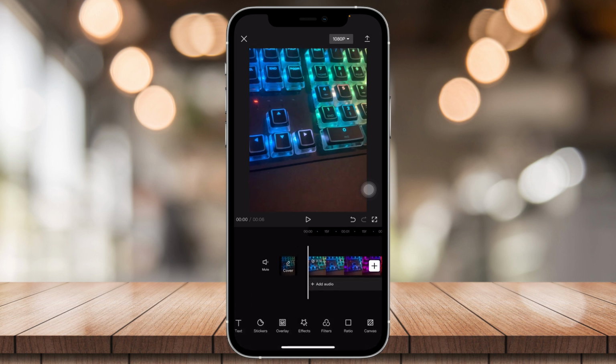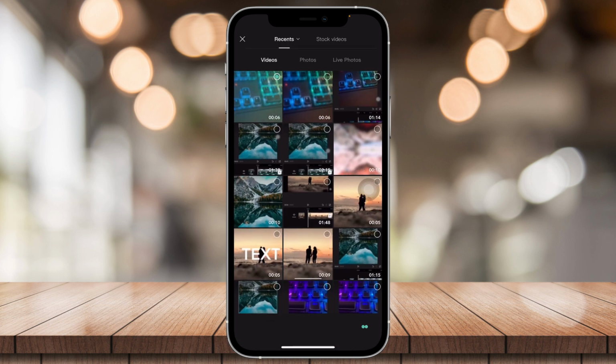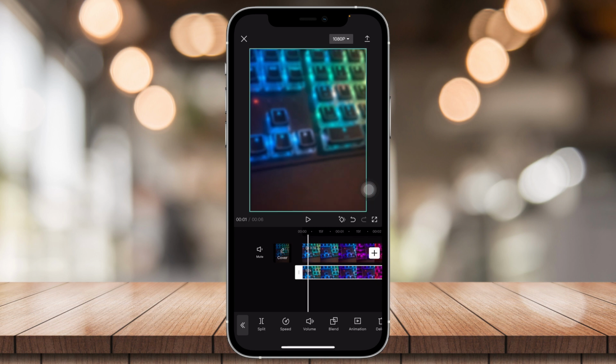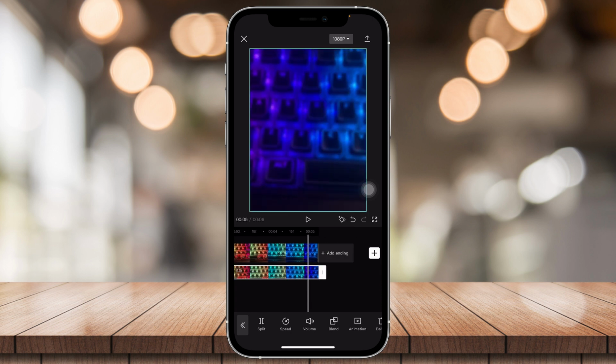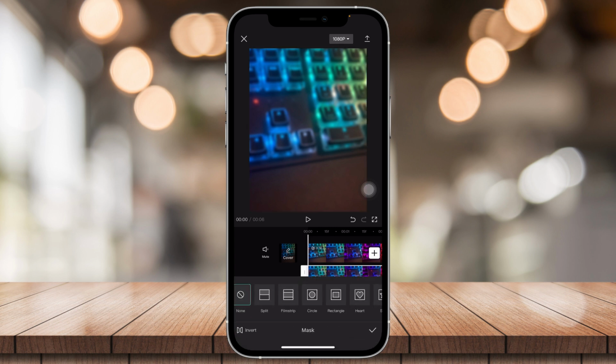And now go to Overlay, Add Overlay, and just add the video that you just edited, the one with the blur. So once you have this, you're gonna want to scroll to Mask, tap on Mask, and then just choose a